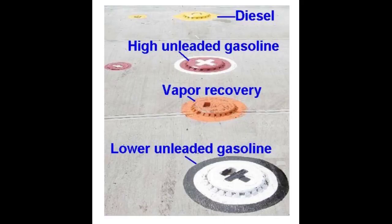The owner or operator must permanently mark all fill ports to identify the product inside that tank. These markings must be consistent with the color code and symbol of the American Petroleum Institute, which follows: